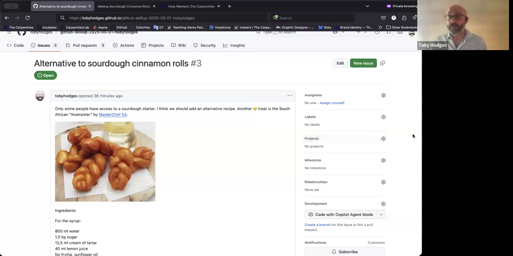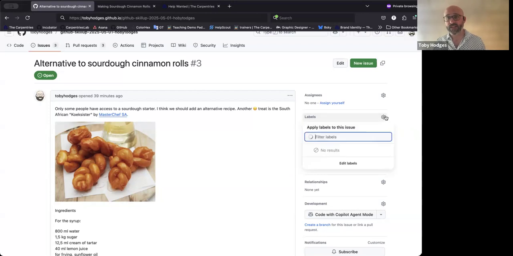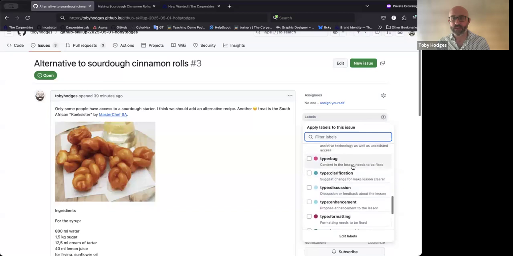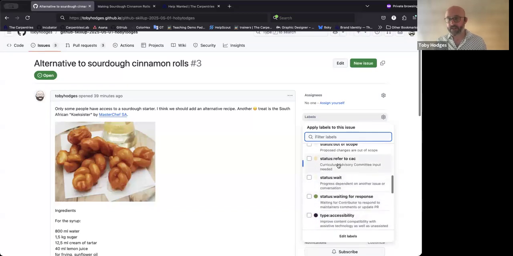But this is exactly the kind of issue, exactly the kind of discussion that we recommend, or really that we want our maintainers to escalate to the curriculum advisors for the curriculum that their lesson falls under, or to the curriculum team from the core team if a curriculum advisory committee doesn't exist for that lesson. And so it's in cases like these that the status refer to CAC label was invented for. So we can put that label